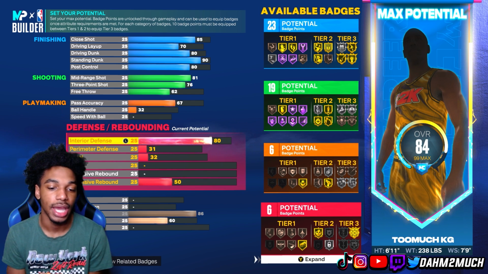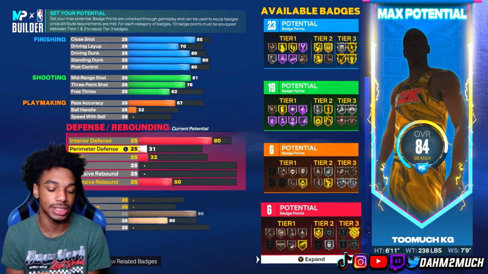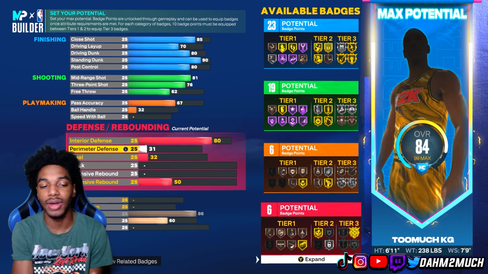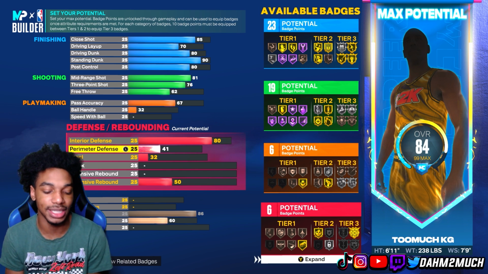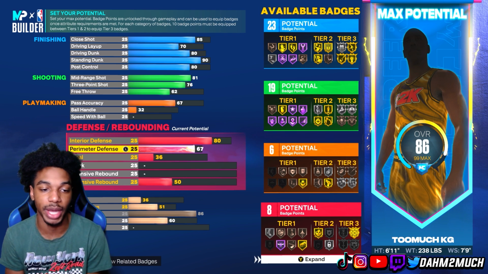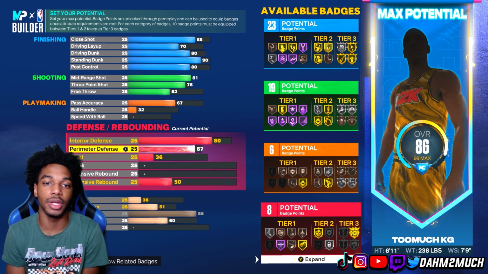Take his interior to an 80, and we get 6 defensive badges right there, as you guys can see. The interior may seem a little low, but the block will definitely make up for it. Make sure you guys stay tuned. I'll show y'all, bro. Perimeter, I'm gonna take this to 67. A 67 perimeter defense unlocks 1 extra defensive badge, but also allows us to be able to guard the ball